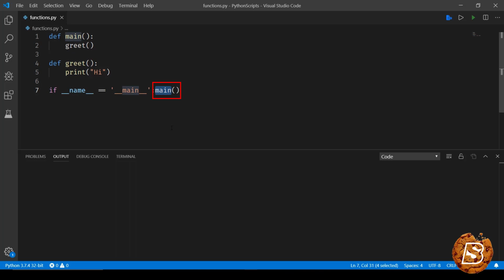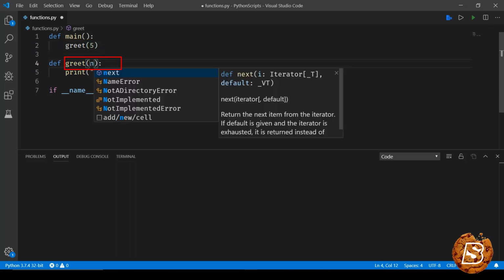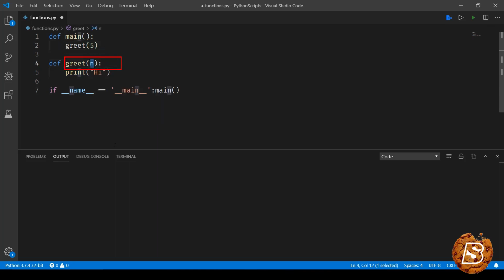call the main method. So in order to create a function, we will have to make use of this keyword called def, which is define, and then the name of the function. For instance, over here we have this function called main, and then two parentheses. Here we can also pass a parameter. For instance, if I give this greet method a value 5, and here I can say that value as n. So this 5 will be stored over here in the variable n whenever the greet will be called over here,